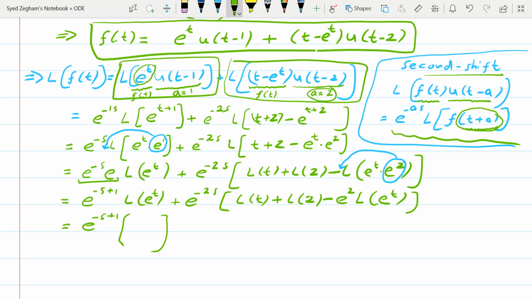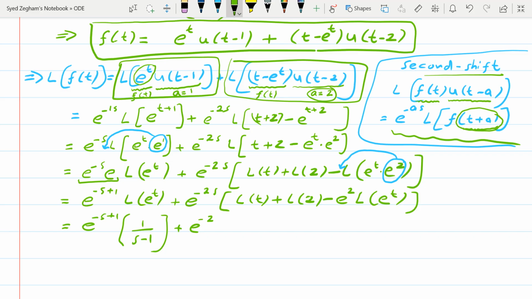Using the basic formulas of Laplace transform, e to the power t has a Laplace transform 1 over s minus 1, right? It's the most basic formula which we often use in Laplace transform, plus